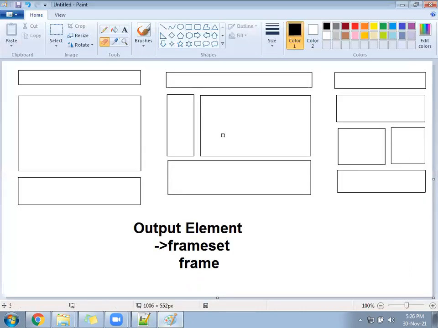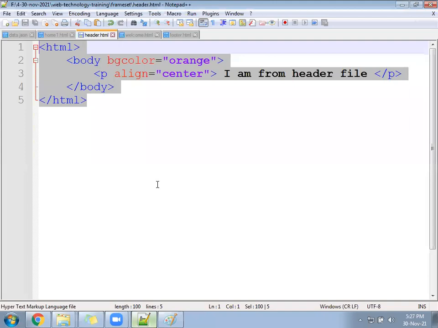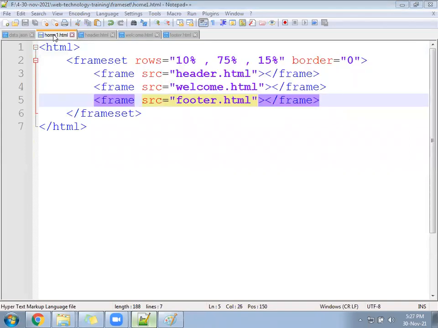Okay, this is our second design. In the first design you saw how many rows we have created. Total 3 rows. Clear? 3 rows we created, so we have not followed any kind of column property in this. We have followed only